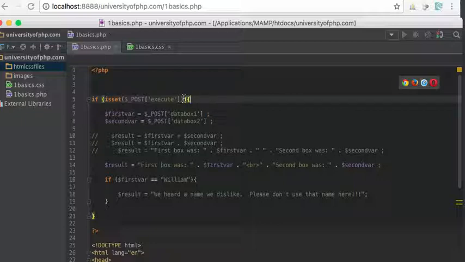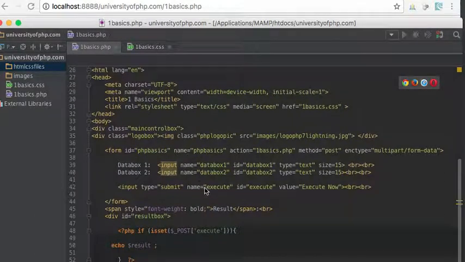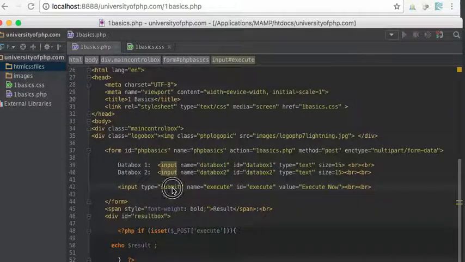And so then what do we have in between here? We have this. Okay? $_POST. Okay? So what this is, and then we have a square bracket and another square bracket, and then we have in here what's called, well, it's a string, and it's execute. All right? Now, we can see down here that this button, submit, it's type submit, so we know it's a